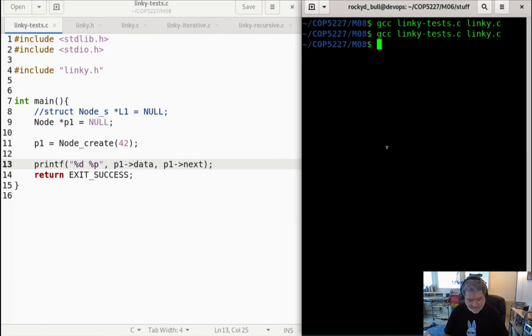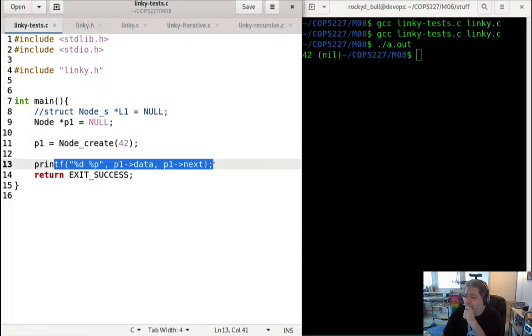GCC. Well, for the first time, we're going to run our code, and it's telling me that I have the value 42 and the pointer nil, which is something like null, inside that cell. So that's it. I have a way to create independent nodes. Now, instead of having to do a printf like that, I would like to write a function that allows me to display